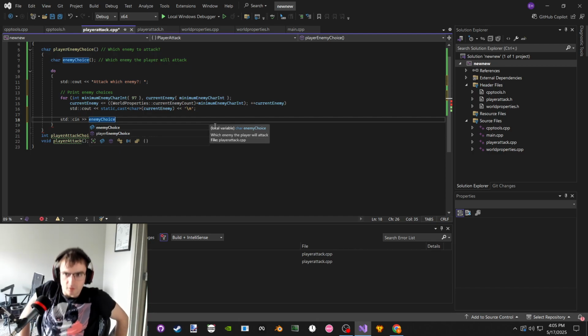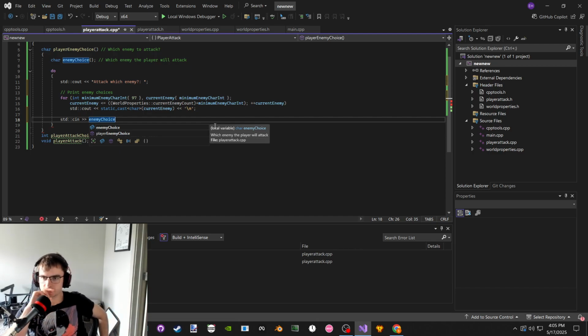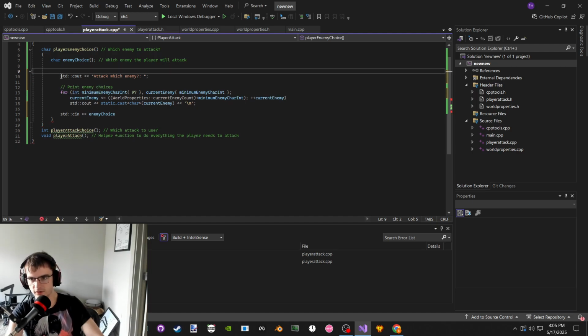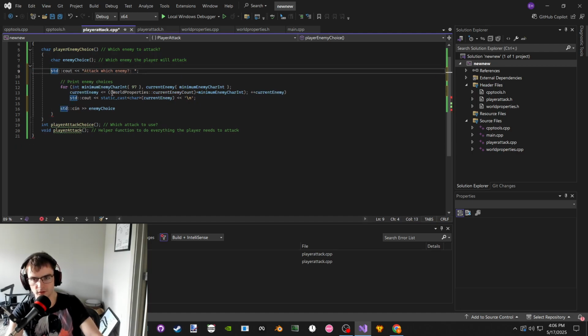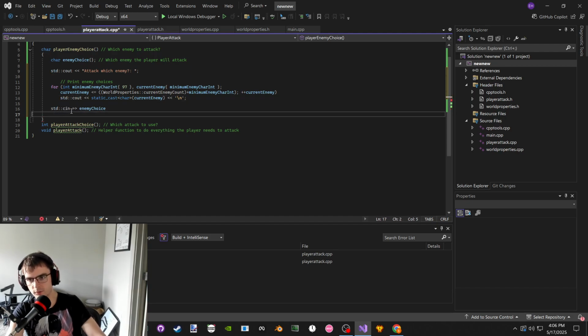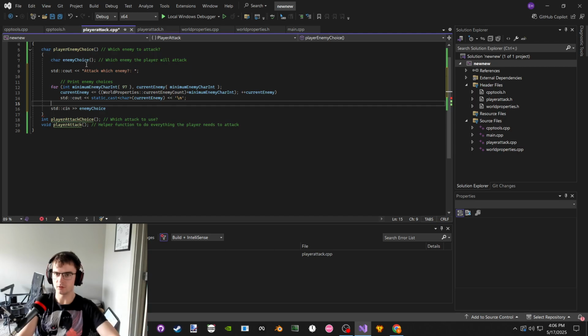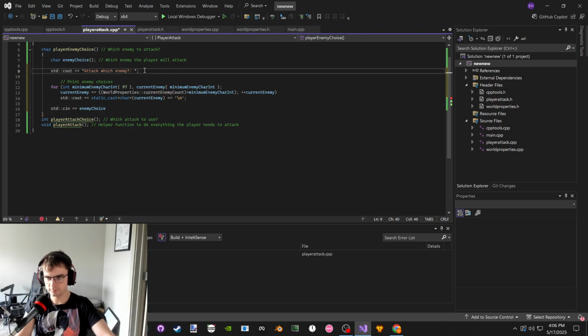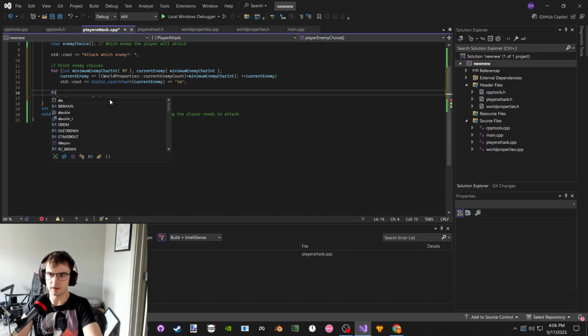So this will display those. Or we could say attack which enemy, and then do while after. I think we do that instead, actually, because if they enter invalid input, I don't want to re-print all of this information. So I think we instead do attack which enemy, print the enemy choices, and then we say do